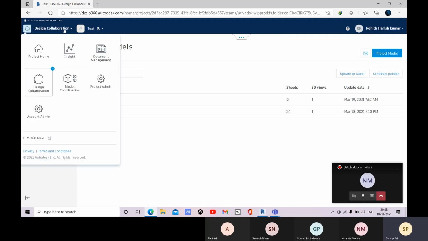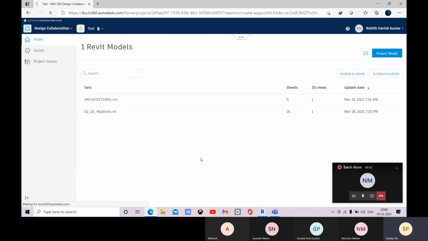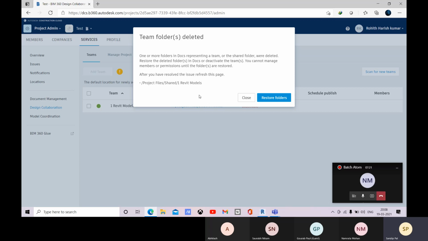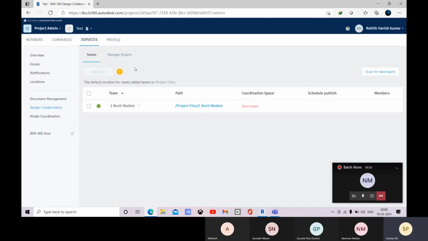For that, first let me go to this project admin, and there let me add some teams. Okay, let me restore this folder.